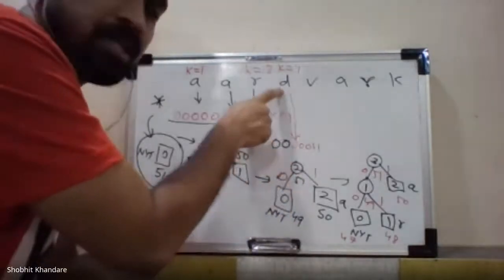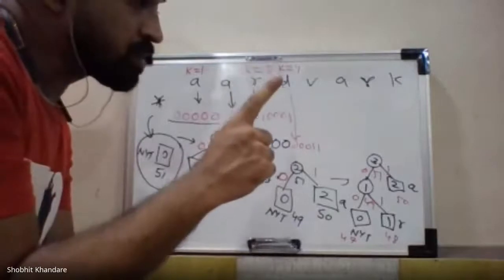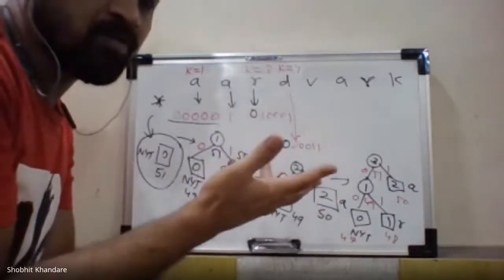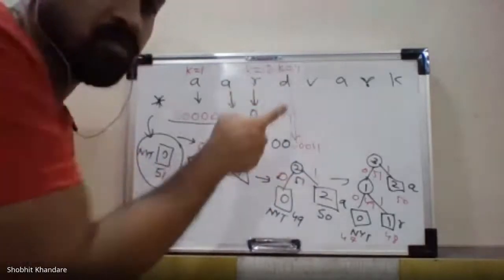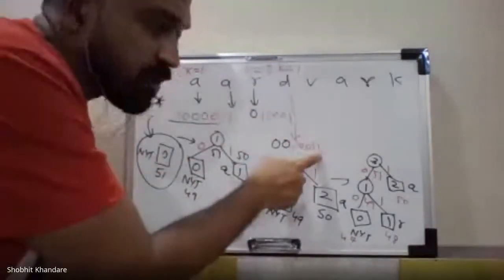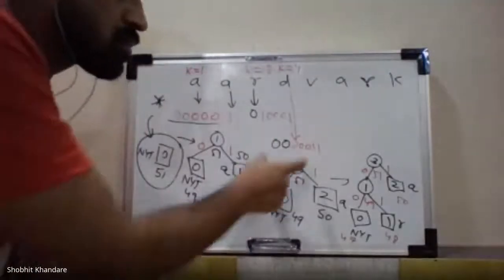The fixed code of the symbol is for D. So D's value is 4, which is less than 2R. You have to represent it by 5 bits. 5 bits to represent what? K minus 1. So 4 minus 1 gives you 3. So it is 0 0 0 1 1. So this is right.